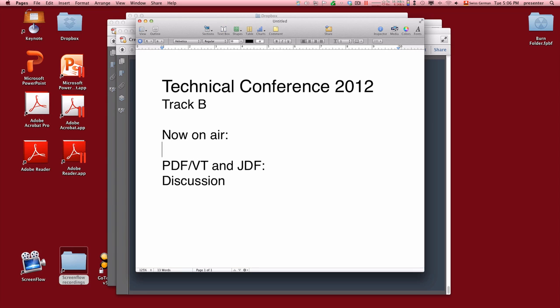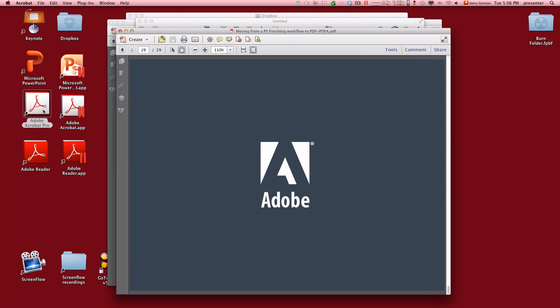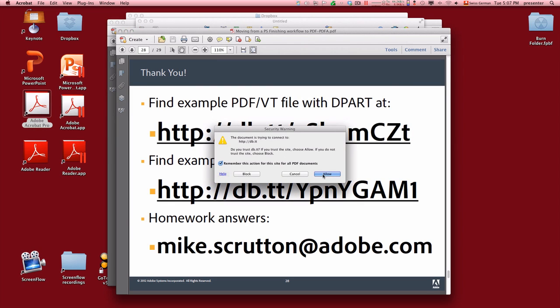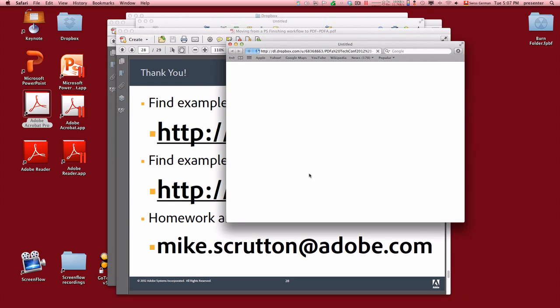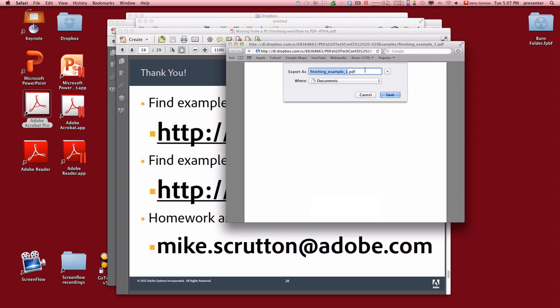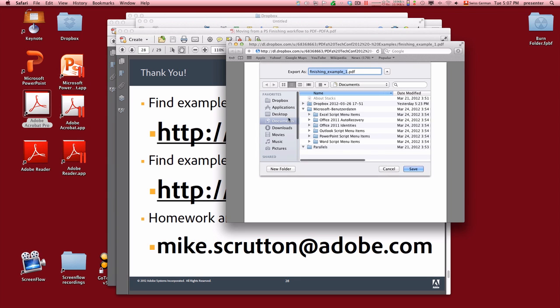Let me try. I'm not sure whether I have a PDF/VT file right here. You can click on the link on my presentation, but download it directly. You can see it and read the document. This would be XMP one. Yeah, go for that one. I'm almost sure it opened in preview. Okay, put it on the desktop,